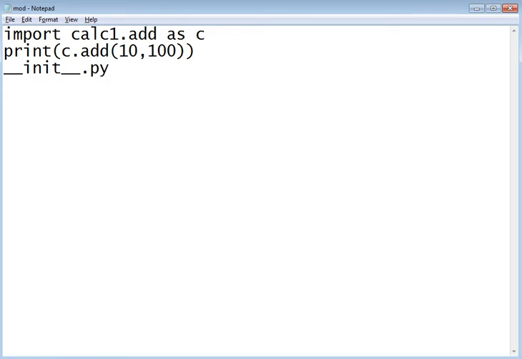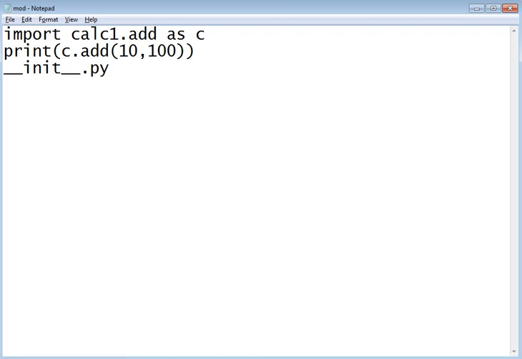Okay, calc1.add. No module named calc1. So we can use it as import calc1.add, and we can use it.